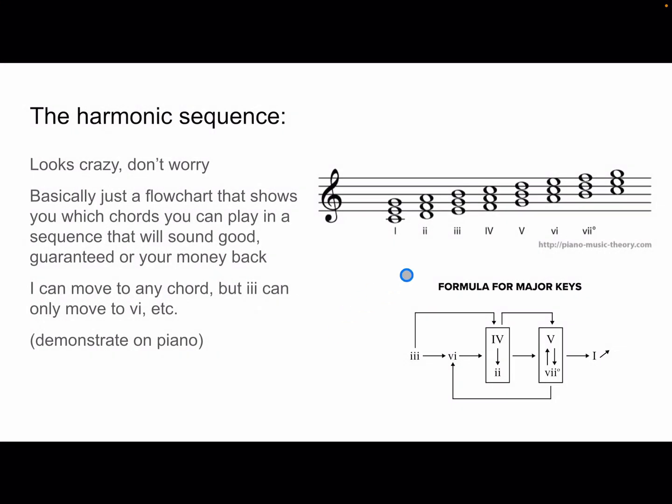Right. So let's dissect this diagram and see what it's telling us here. So we started at 1 and we went to 5, but you'll notice that there is a box around these two numbers right here, with both of them pointing to each other, but don't worry about that right now. So we have this box, and what does that mean? Well, that means that both of these chords inside of this box follow this pattern right here, and really any arrow that points to, but right now this arrow is pointing back here to 6. So according to this chart and these rules, we should start at 1, and then we go to 5,